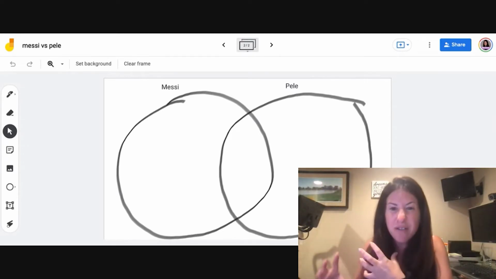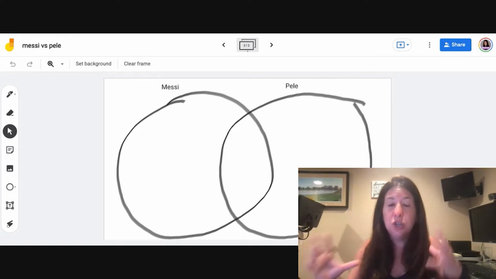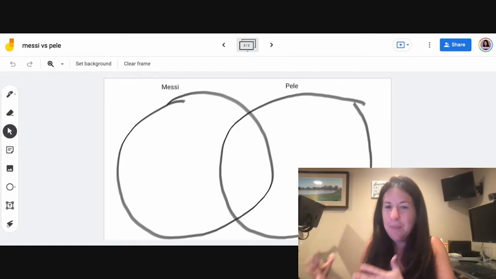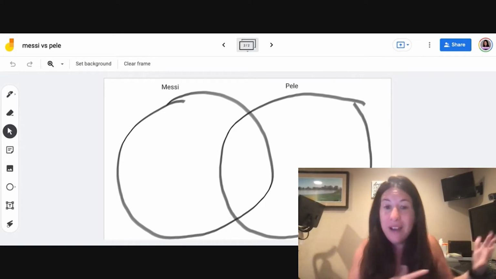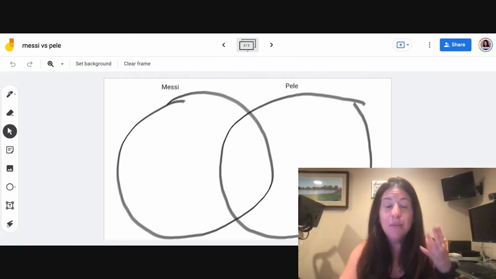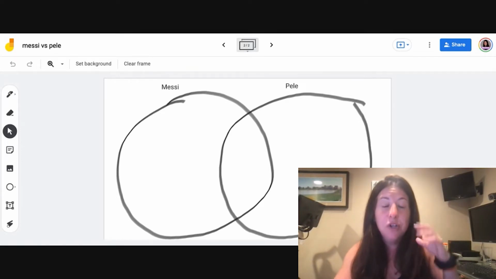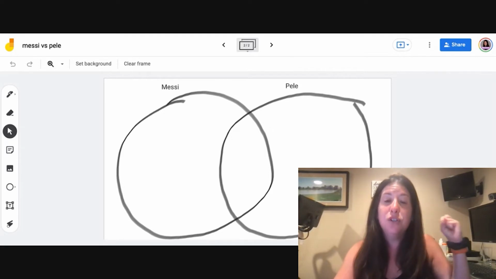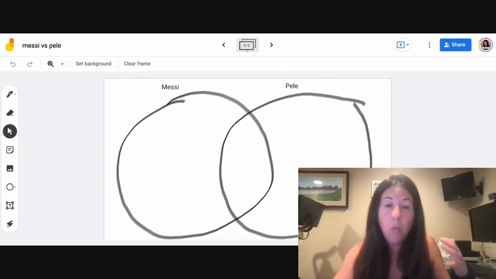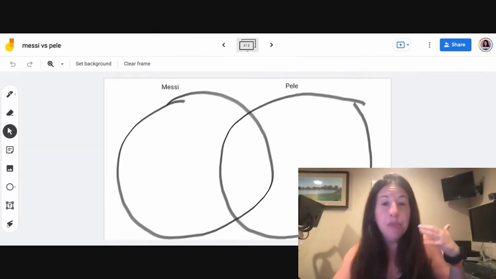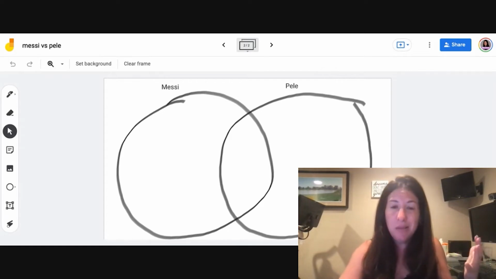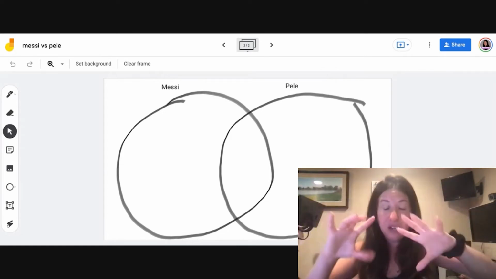And using those categorization type activities to determine what to make a chart to help them to know what to listen for. Again, we can't just give them a Venn diagram or even any graphic organizer and expect them to be successful, okay? So when it comes to comparing and contrasting, we need to teach our students to think about their background knowledge, to determine ahead of time what might be similar, what might be different, and what to listen for, what is going to be important, and to stop throughout a text or a video to see if we listen for those key things and to complete it,